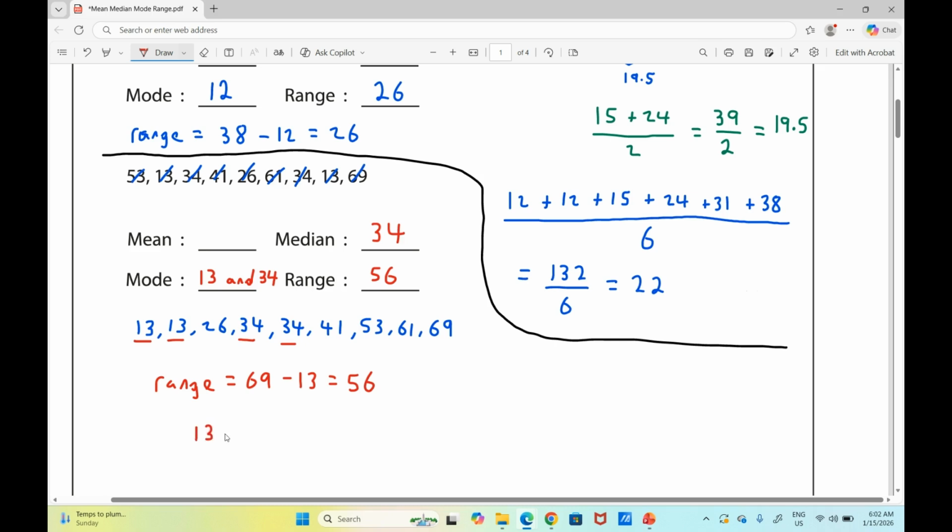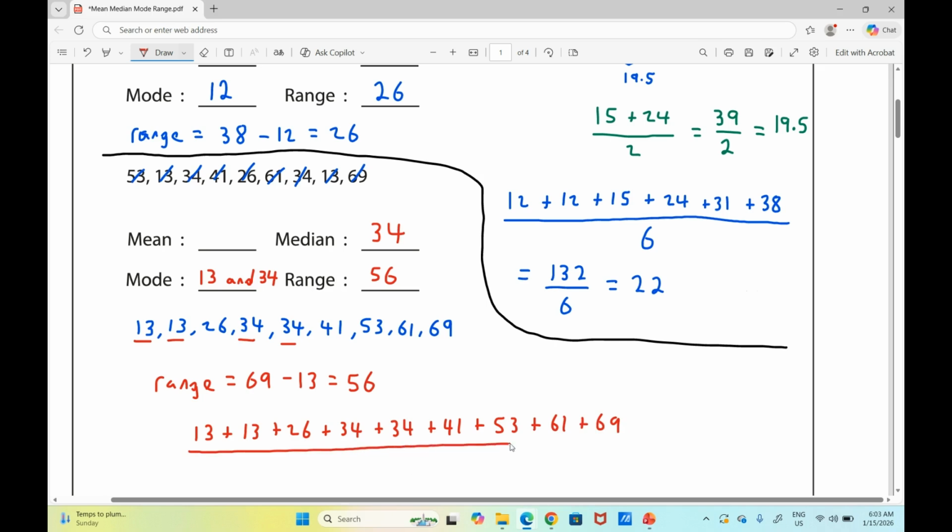So I'm going to write 13 plus 13 plus 26 plus 34 plus 34 again plus 41 plus 53 plus 61 and plus 69. So I'm going to add all these values together, and I'm going to divide them by my